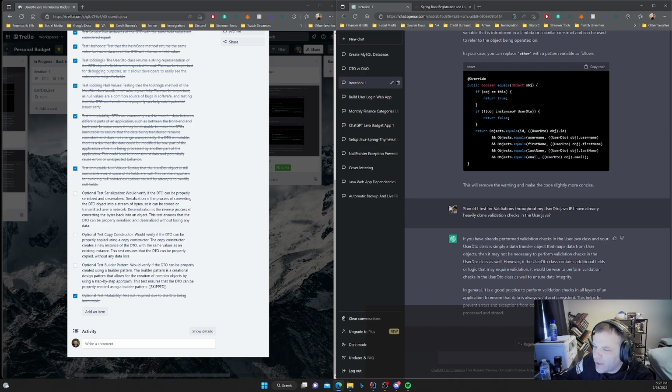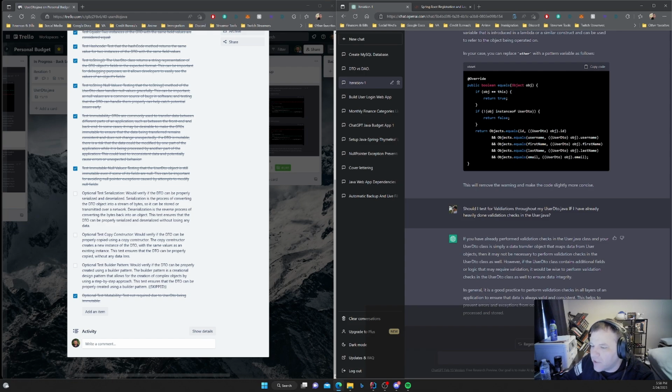So it says if you have already performed validation checks in the user class, and your UserDto class is simply a data transfer object that maps data from user objects, then it may not be necessary to perform validation checks in the UserDto class as well.